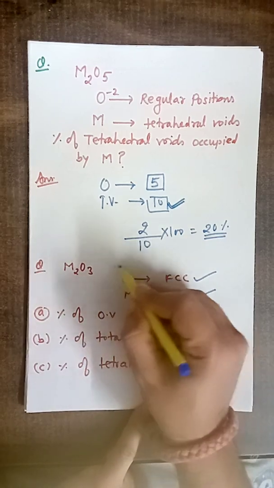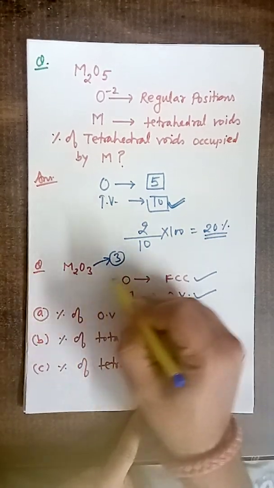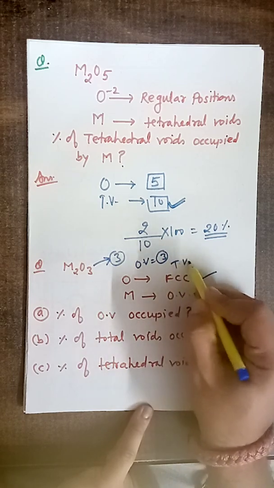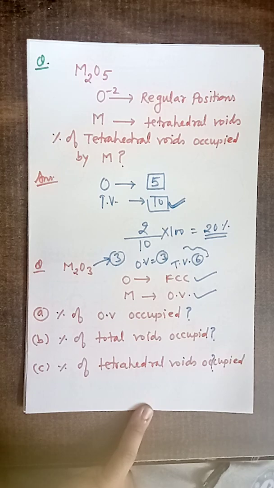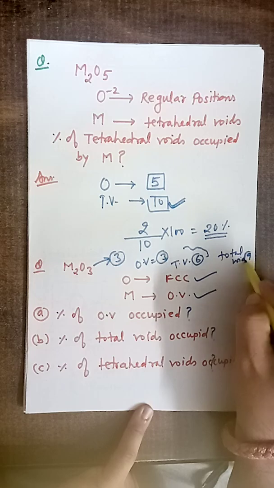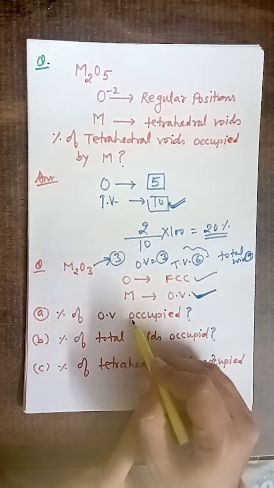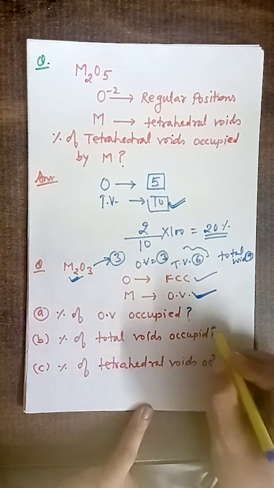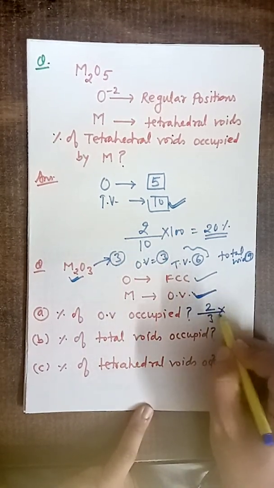So let oxygen be 3 here as per the formula, and if oxygen is 3, then octahedral voids will be 3, tetrahedral voids will be 6, and therefore the total voids will be 9. Total voids are 9 here. So metal occupies octahedral void as per the question. Percentage of octahedral void occupied by metal: the formula says the number of metal is 2 and total octahedral voids are 3 here. So it is 2 by 3 into 100,